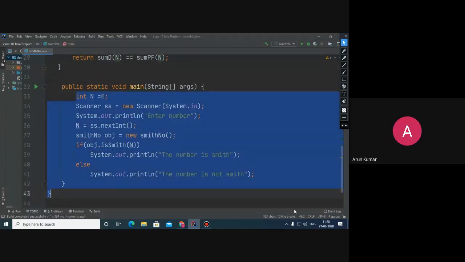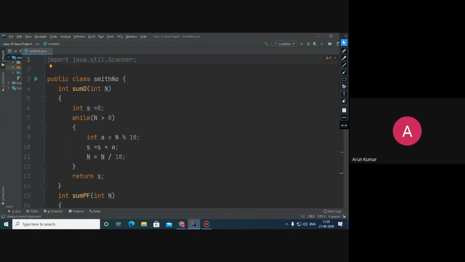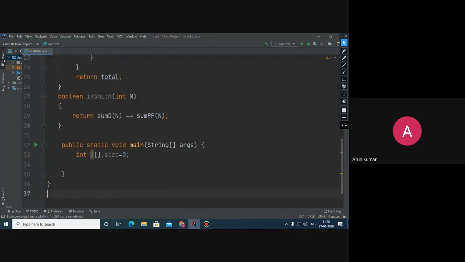Now from a given array we want to print all the Smith numbers. So what to do? We need to declare one array like this. We need to have one size variable and nothing else. And now what to do? Here we need to input the array size, and also we need a scanner.